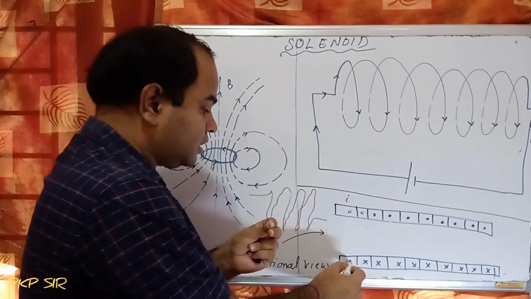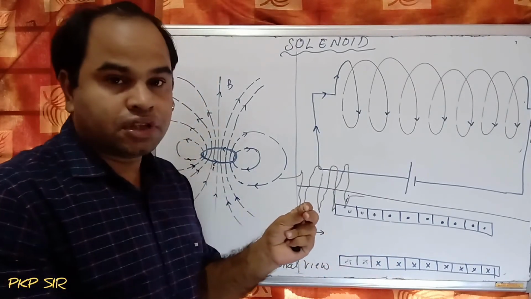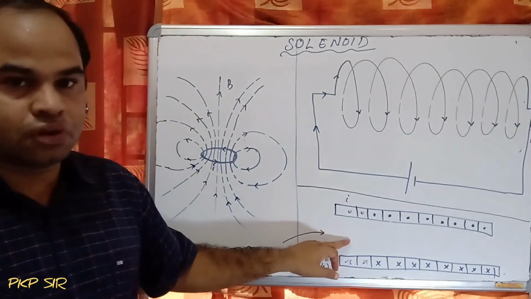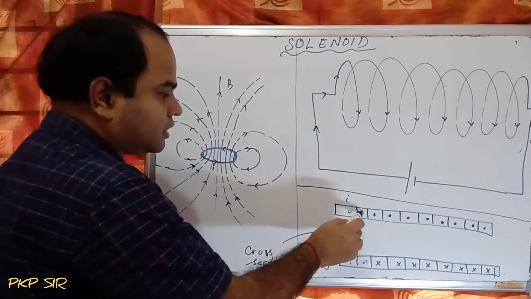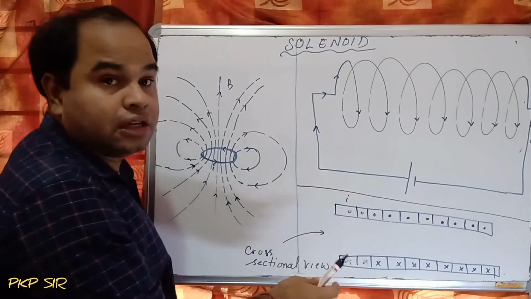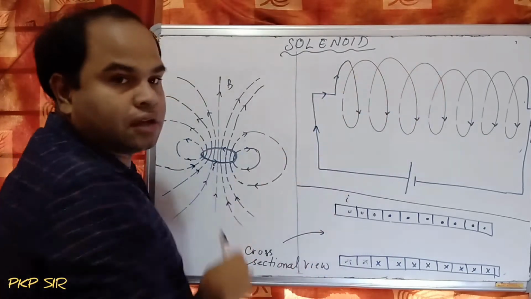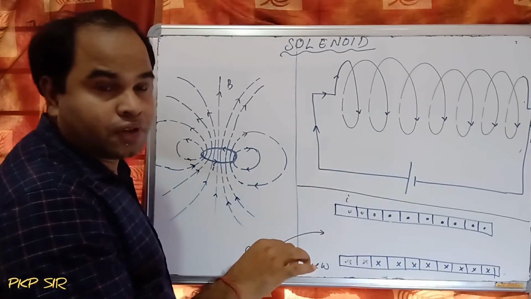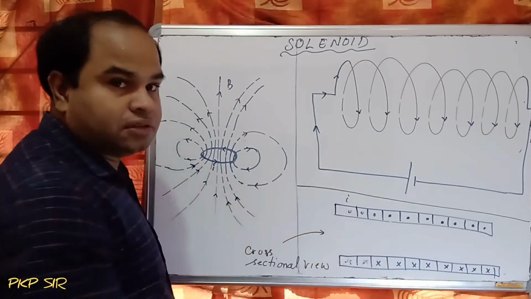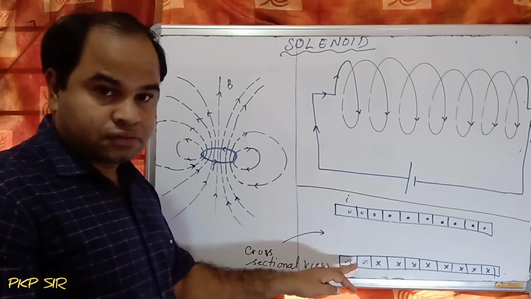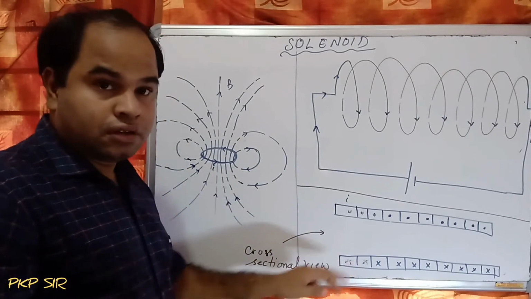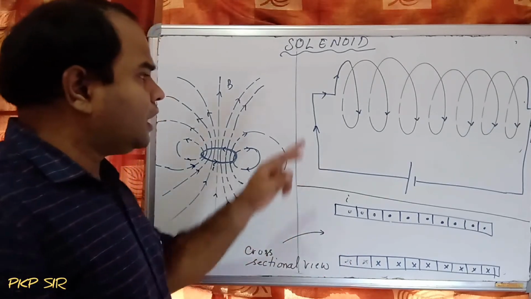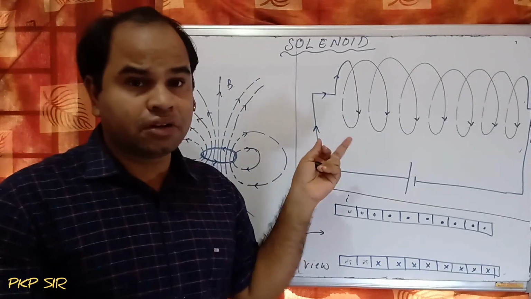So these are the currents which are flowing in inward direction. So that means this is the cross-sectional view of a solenoid, and these are the currents flowing in the wire in outward direction. And at this place the current is moving into the plane of the paper, which is represented by this. So these are the currents. Current flowing in the wire, and the current is moving inward at one place and outward at the other. Okay. And when current flows through it, it produces a magnetic field around itself.